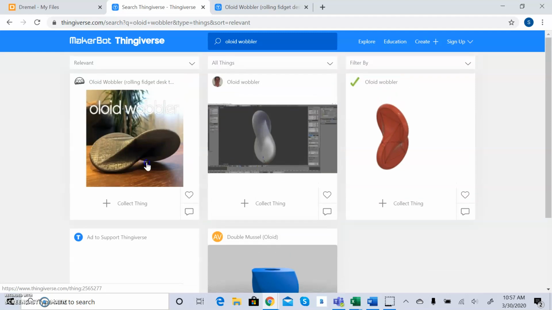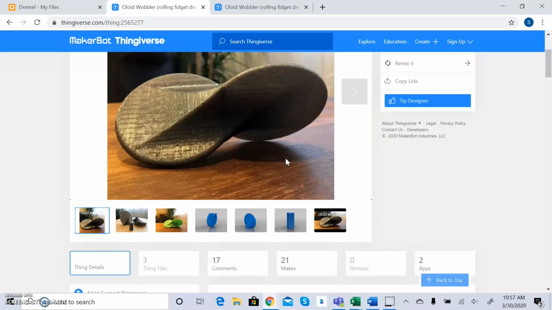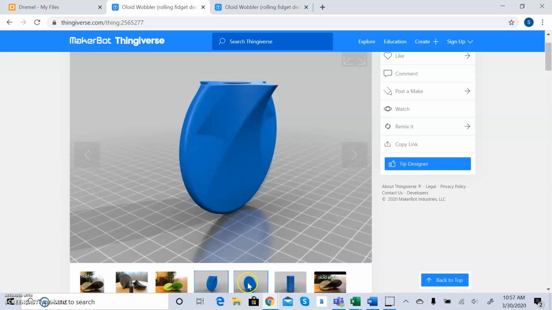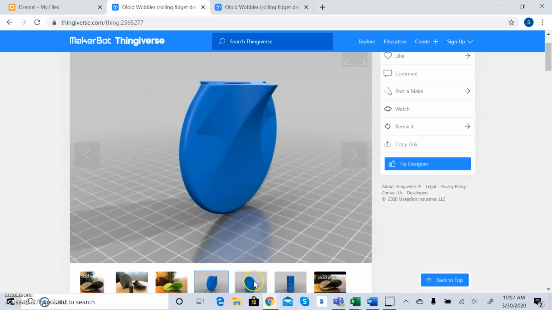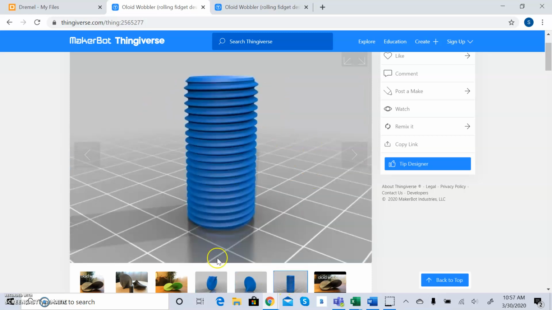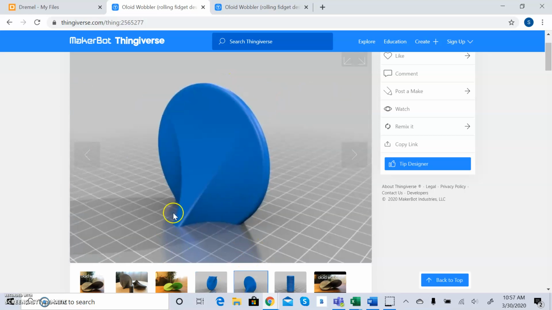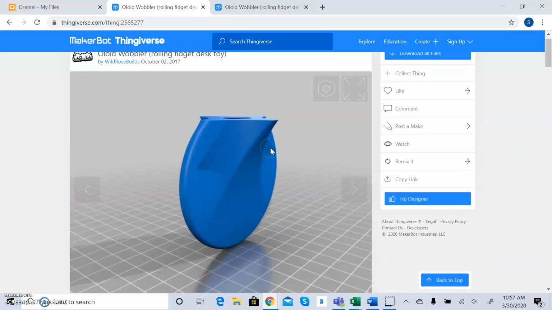I like this one, so I'm going to click on it, and it opens up a new page where I'll be able to see pictures of the wobbler. There's pictures of the model as well. And this particular model is printed in 2 halves with a screw that will be hidden internally. And this is actually good because I can print these flat on the bed. And the only thing that the printer might have a hard time with is that screw hole. But I think the way it's designed, it should not have an issue and we wouldn't need to use supports